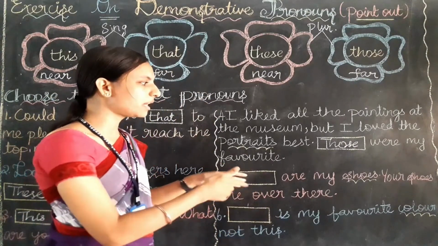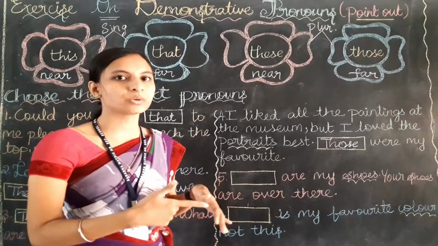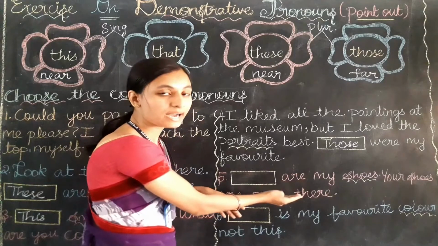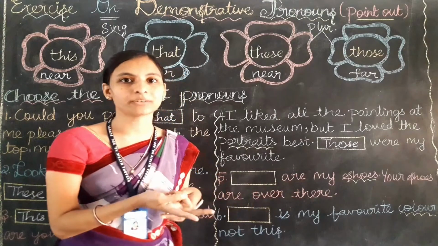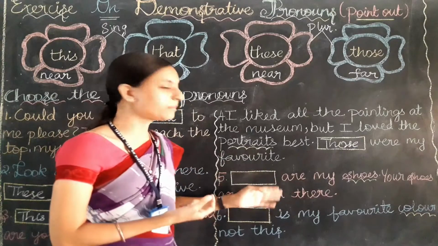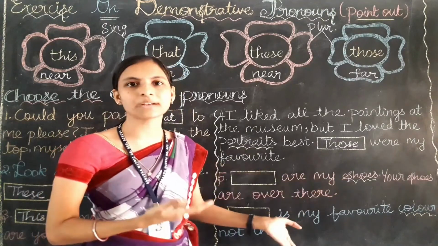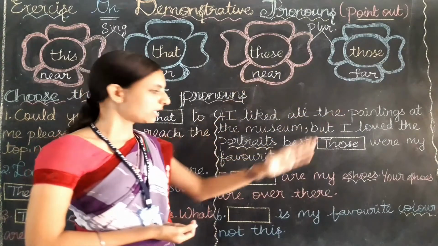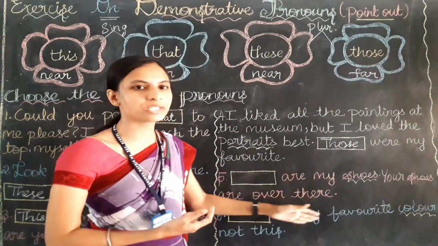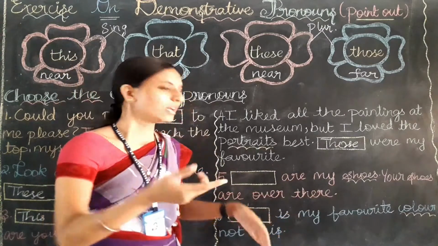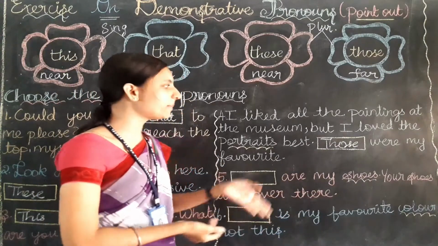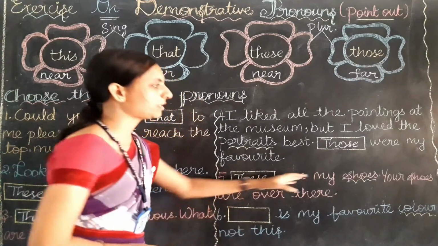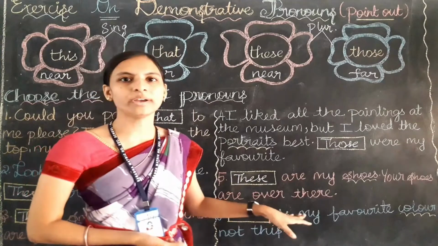Okay, so they are pointing out the shoes and this shoes stands for plural because see here they have written are, which means they are talking about maybe two pairs of shoes. So here this is the plural form. For plural which two pronouns can we use? Yes, these and those. They already mentioned that your shoes are over there and his shoes are only nearby. So nearby we use these. These are my shoes. Your shoes are over there.